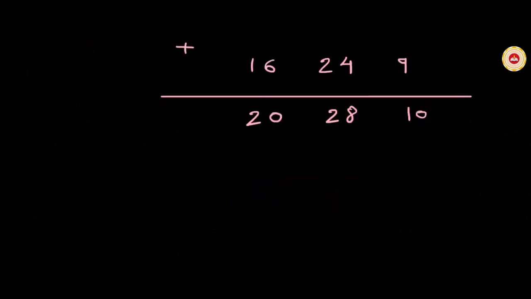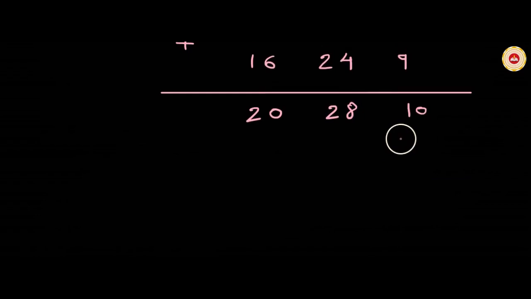Now friends, it is time to pass extra digits, if any, to its immediate left, and start this process always from right side, right to left. Consider the first part, retain the units place digit 0 and pass the tens place digit to its immediate left, which is 28. 28 plus 1, passing means adding, 29. Now this 29 is the second part. Come to the second part only. Retain the units place digit 9 and pass the tens place digit 2 to its immediate left, 20.